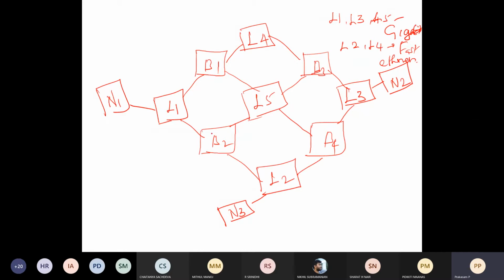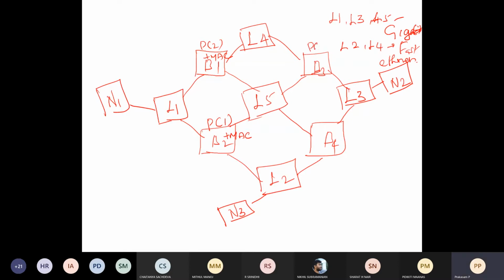Let us consider B2 priority 1 plus MAC address. So B1, let us consider some other priorities. You can give any priorities. For example, in the problem, B1 assume priority as 2 plus MAC address.